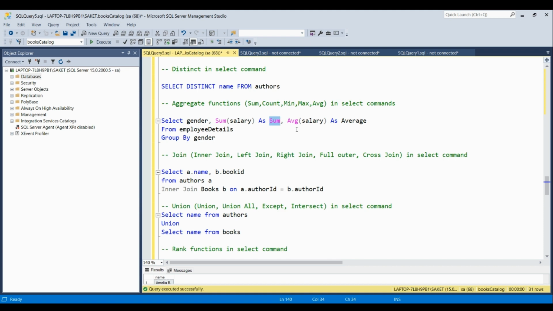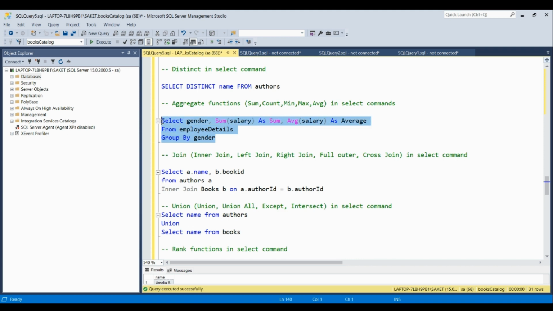Then the next aggregate function is average salary, and the column name will be average, from the employee details table, group by gender. Whatever column we put in group by, we have to give the same column name in the select column names also. So here you can see gender is common in both.